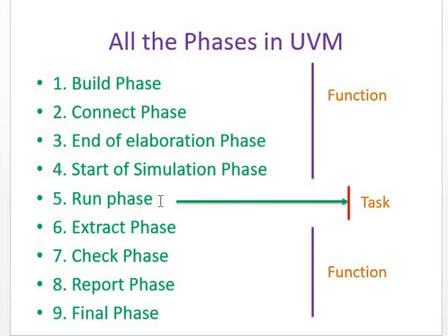The second thing is run phase will execute in a parallel approach. Build phase will execute in top to down approach. Final phase also executes in top to down approach, and the remaining phases will execute in bottom to top approach. Now we will go in depth on why build phase is top to down and why run phase is parallel in its execution. As I have told you, inside build phase we will create the instances and objects for all of the UVM components basically, and for all the objects also.